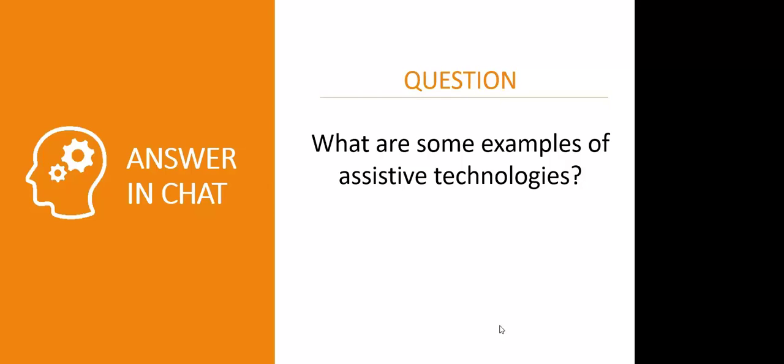Joysticks, speech recognition software. I love a speech recognition software program called Dragon. I don't know if any of you have ever heard of it, but I love it. So when my repetitive motion injury is kind of acting up, I'll switch over to Dragon and I can use it to dictate and keep working. There are even breathing devices, or there are a lot of different options. And technically, even glasses, if you wear glasses, that's actually an assistive technology too. So lots of options out there.